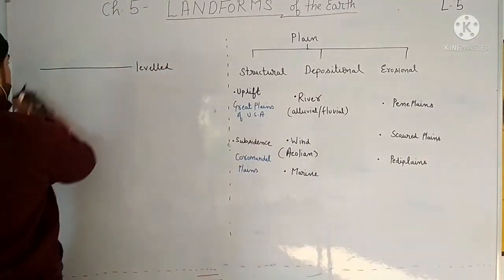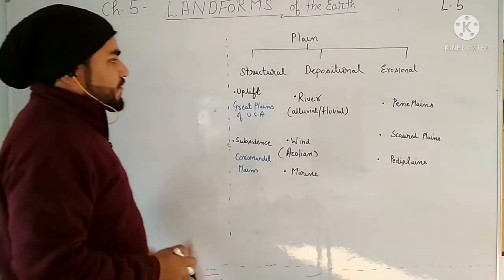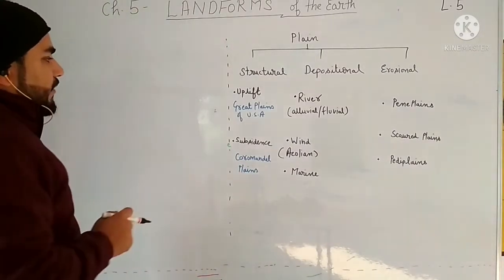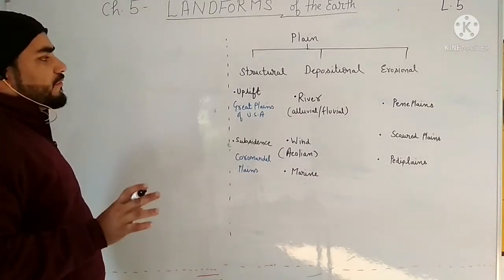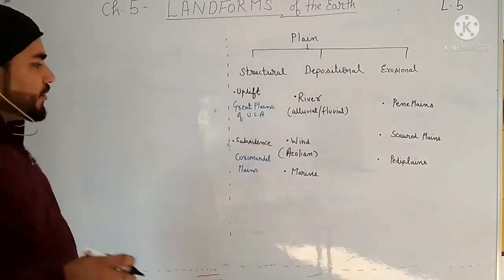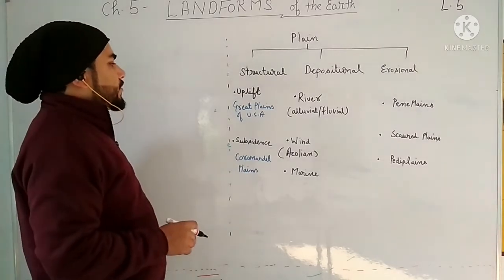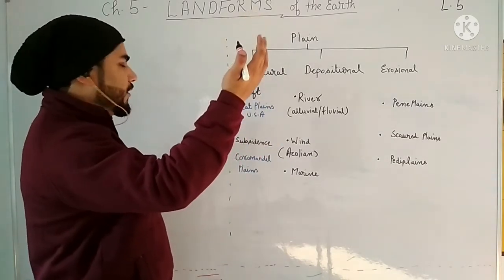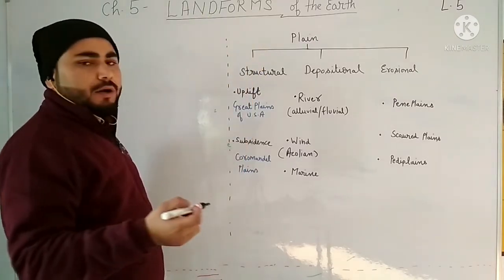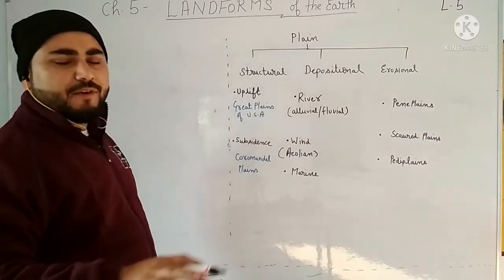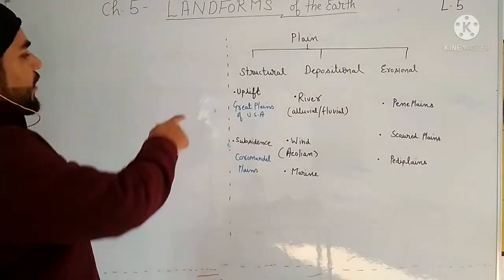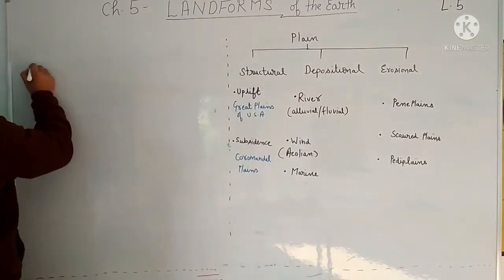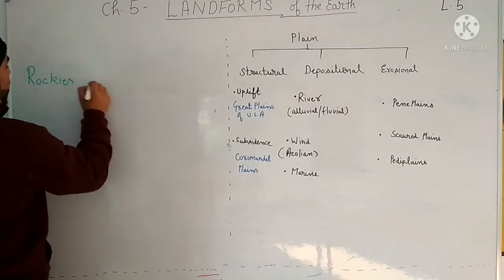Plains can be categorized into various types: structural plains, depositional plains, and erosional plains. Now, how can plains be formed structurally? Plains are formed structurally when endogenic forces are applied. Because of endogenic forces, the forces from the earth can either uplift a land and make it plain, or the land can subside, sink down and become flat, and then it may become plain. So here the Great Plains of USA, the plains found in between the Rockies and